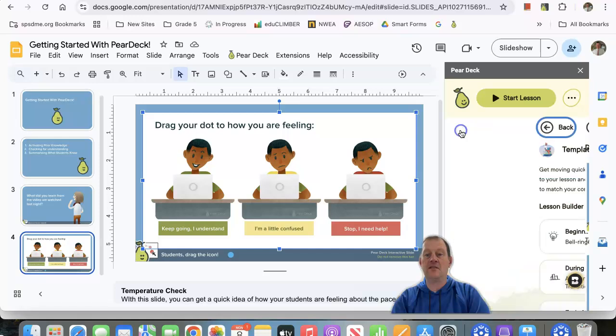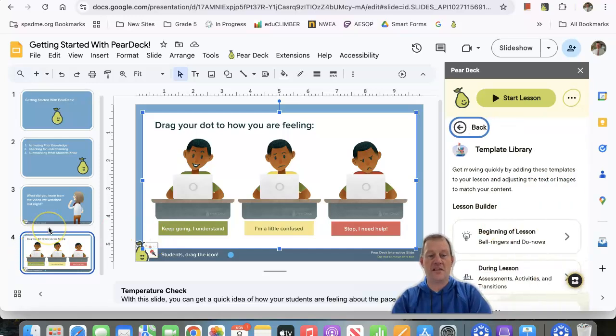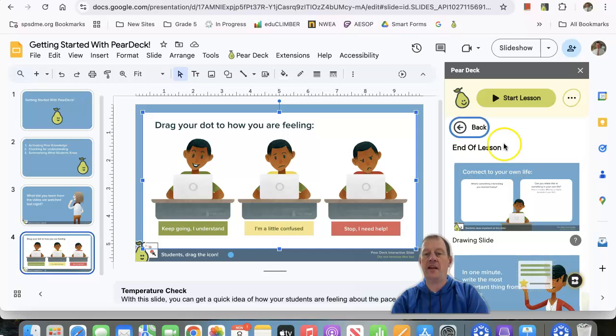So let's say we've gotten to, you're going to add more slides here. Now this is all done prior to your lesson. You're adding in these slides that you know are going to be presented to students, but you're building in those checks for understanding. Let's say at the very end of the lesson, we want to put in